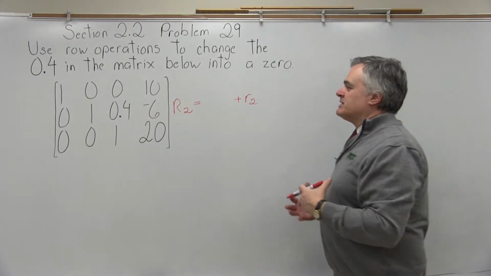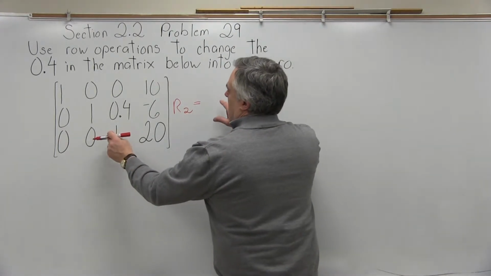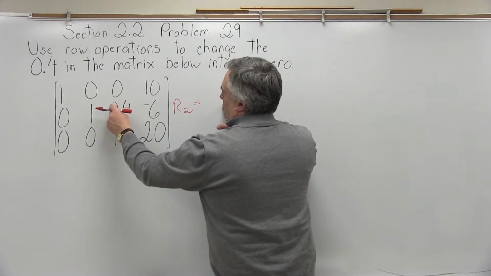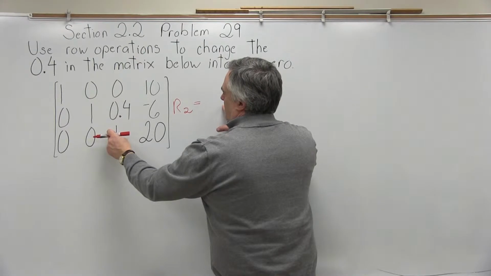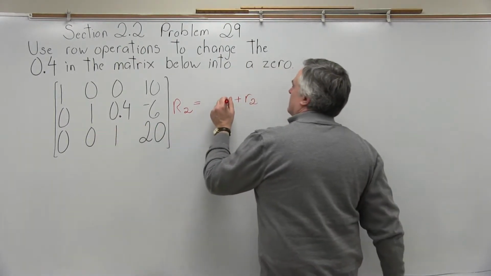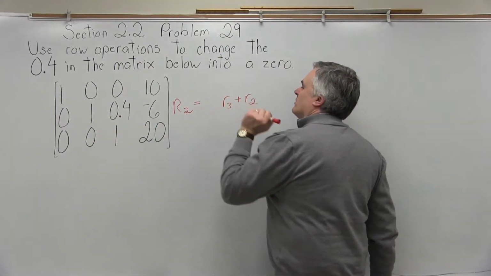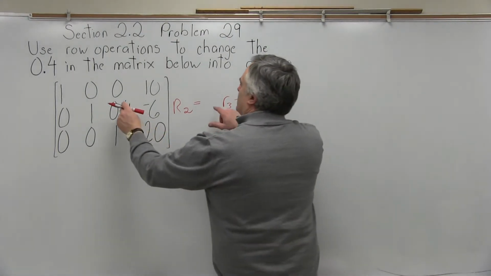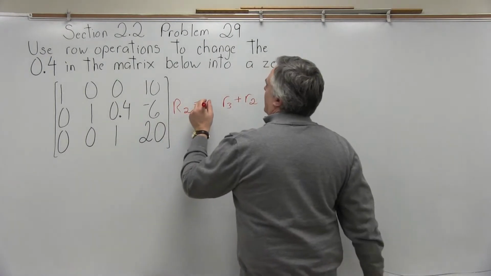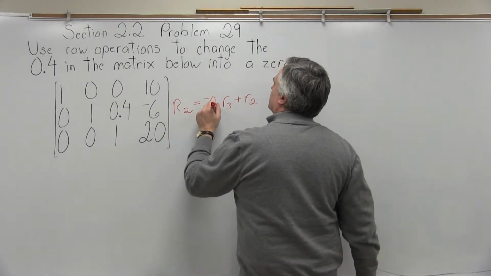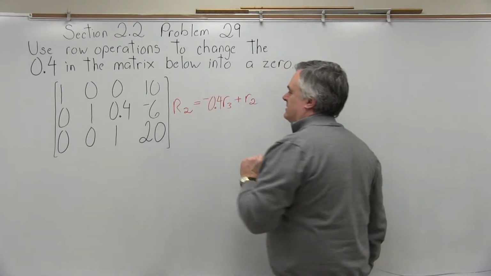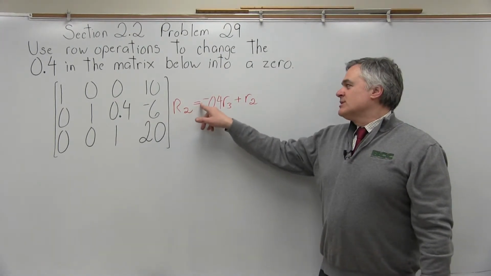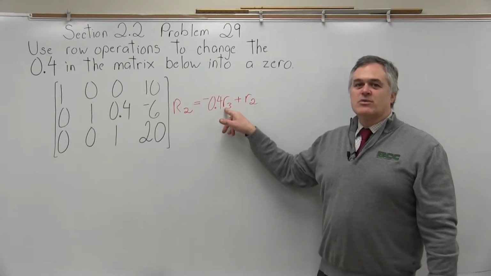Now, what I initially call stuff, let's go back and put that in. The stuff is the row with the 1 in the same column. So I'm in the third column over. In that column, I have a 1. It's in row 3. So my stuff has a row 3 in it. And it is multiplied times the number that's being zeroed, but with the opposite sign. So I will have a negative 0.4. So my equation is, I'm making a new row 2, which is equal to negative 0.4 times row 3 plus